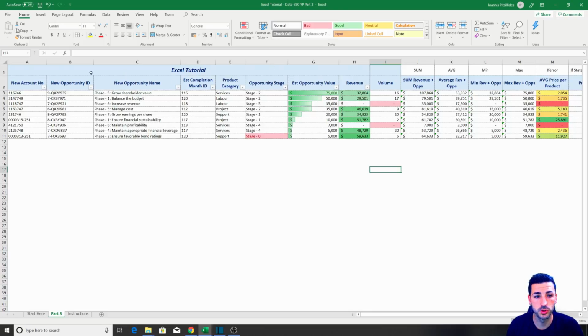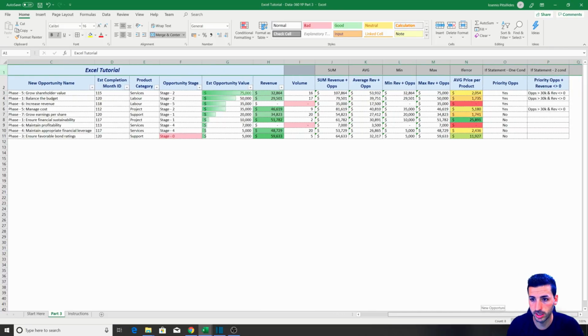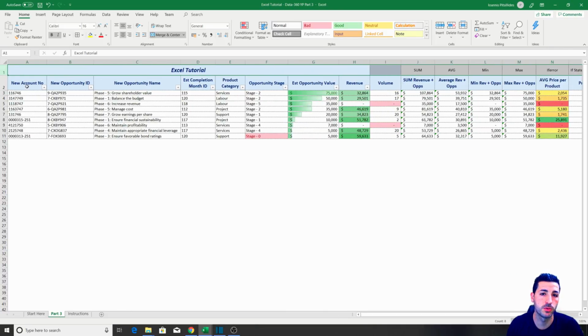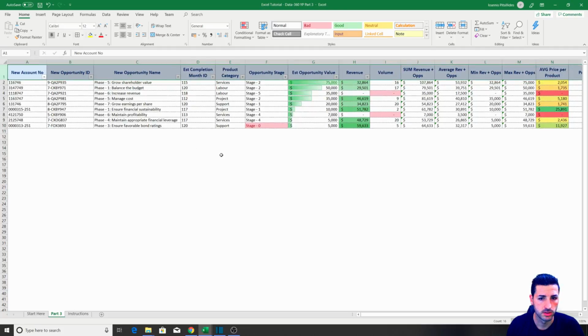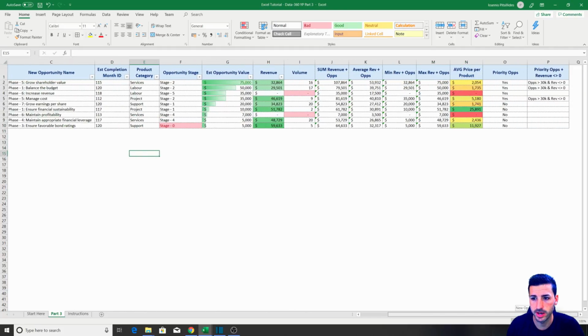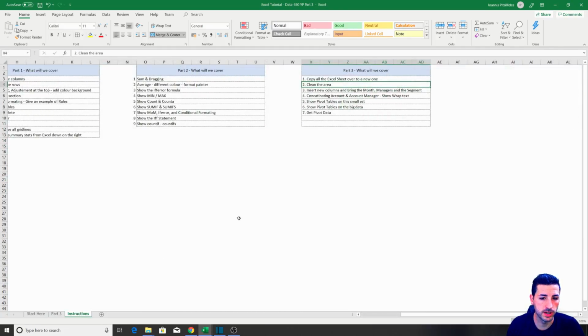We also want to remove the title that we put here, the heading, because we want the data, when we create pivot tables, to start from our columns. I can either select it and set the pivot table, but I'm just going to clean everything so we have everything clean.